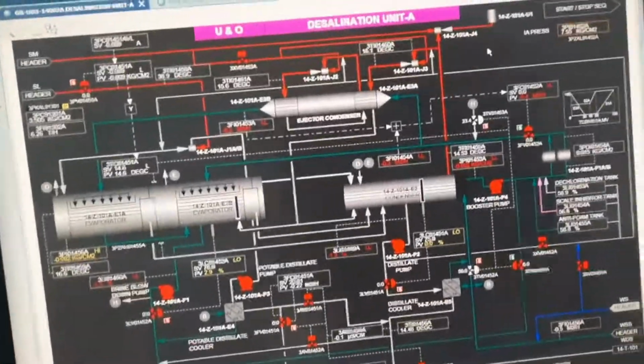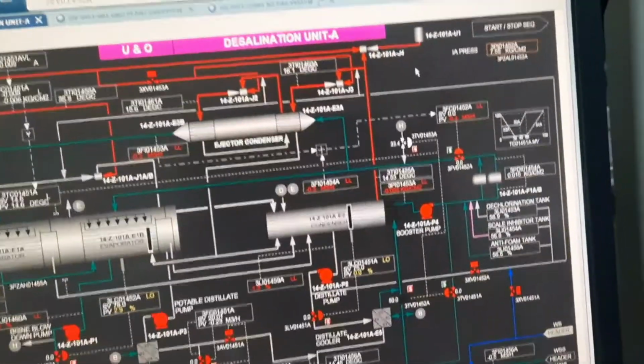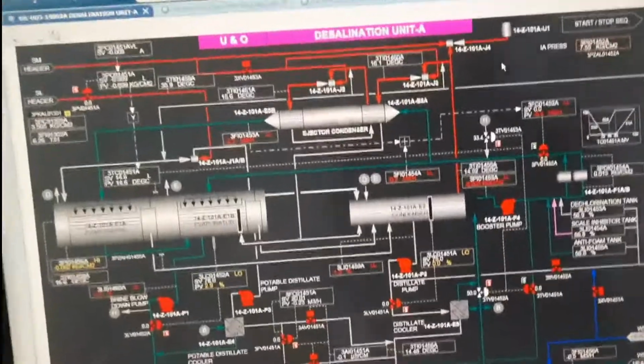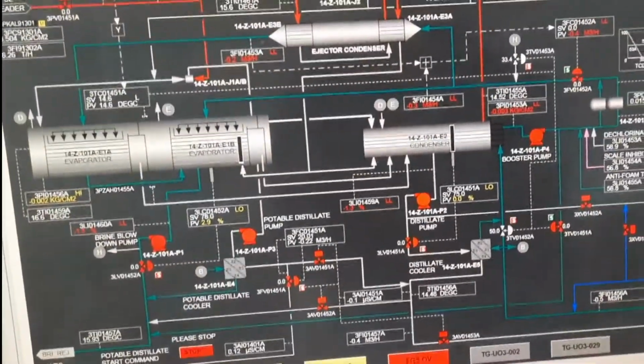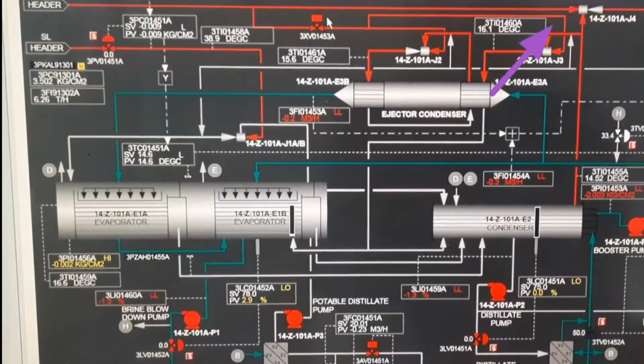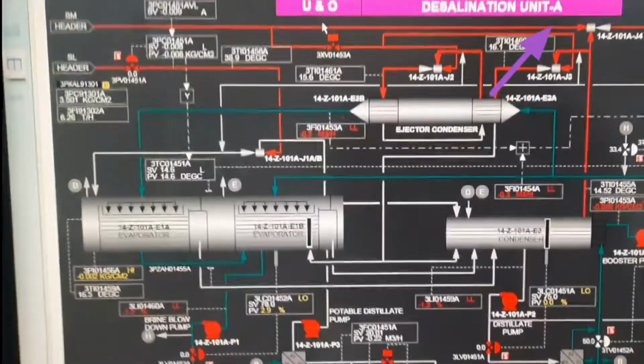So after recirculation, you can start vacuum pulling. For the vacuum pulling, first you have to open this hogging ejector valve, and after that open the SM control valve bypass valve.